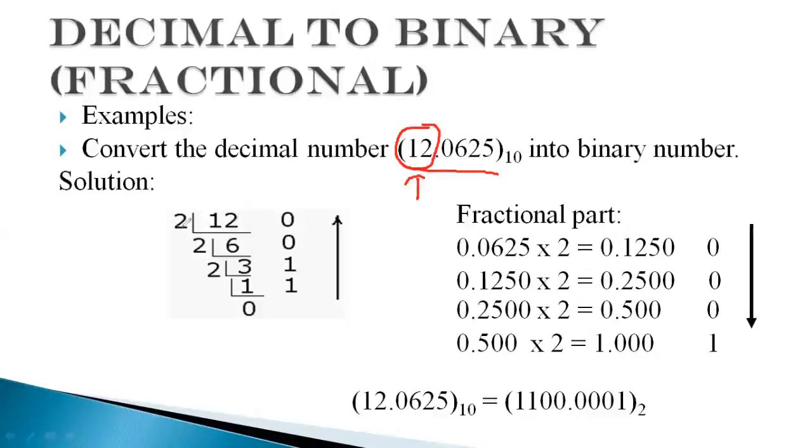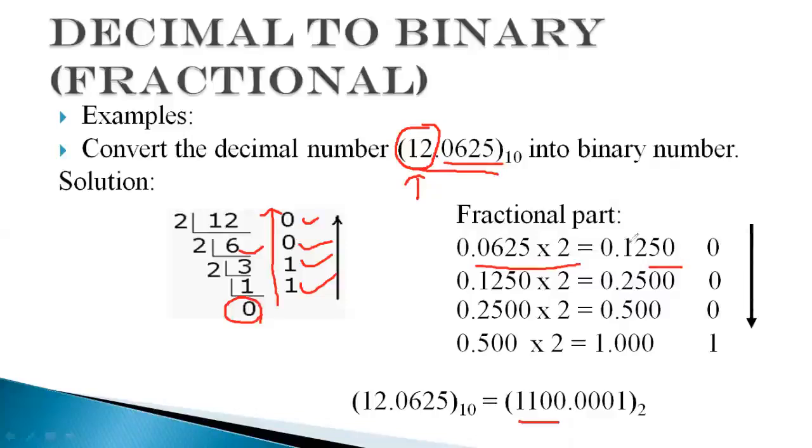So 12 is being divided by 2. The new quotient is 6 and the remainder is 0. And this will be continued till we get the last quotient, and that will be 0. And as we know that it will be written from bottom to up manner, the binary equivalent of 12 will be 1100. Now let's move to the fractional part. In the fractional part we were having 0.0625. The process to convert the fractional part into binary is to multiply the fractional part by the number 2,